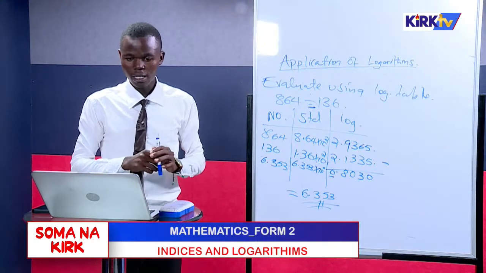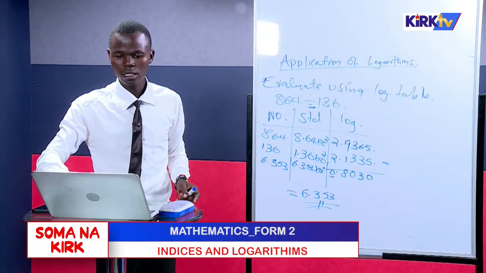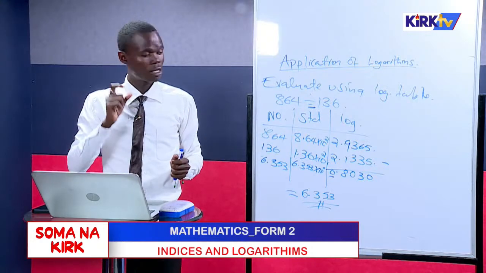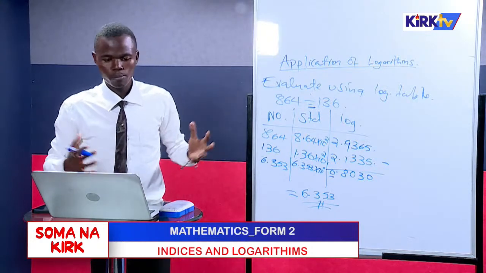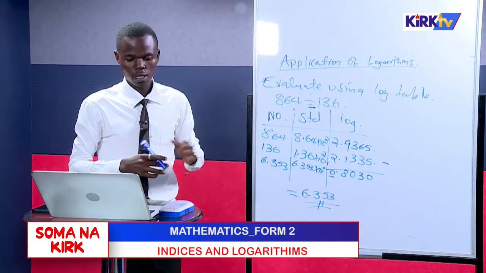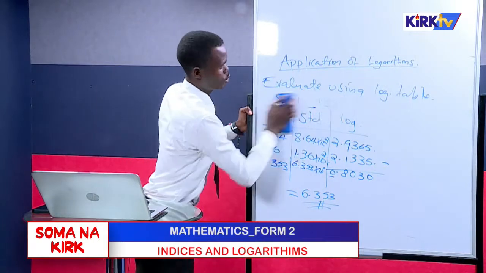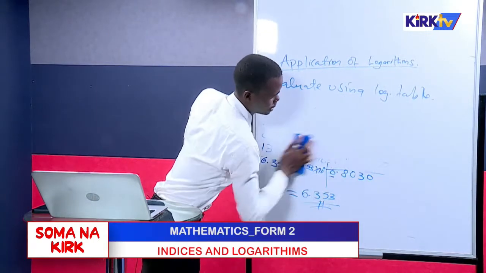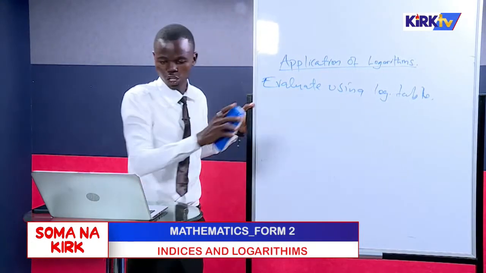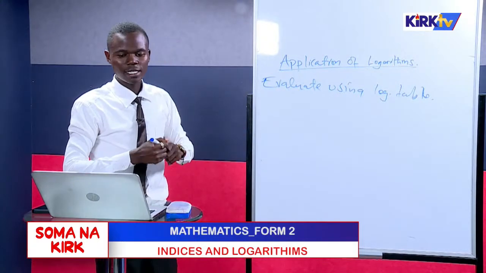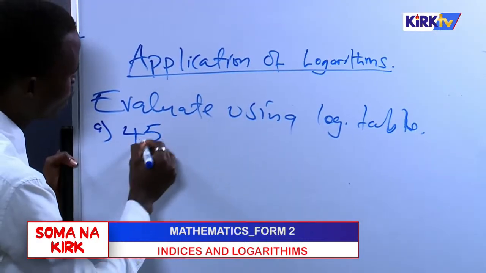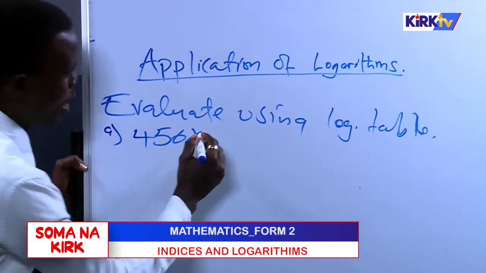Having said that, I want to move to the next example, and the next example now will comprise of both multiplication and division. So I want you to be very, very attentive and check on this. Our first example will be Roman A, which will be 456 times